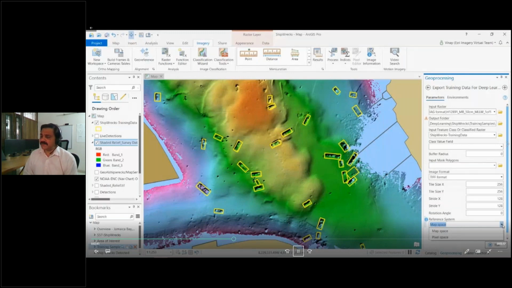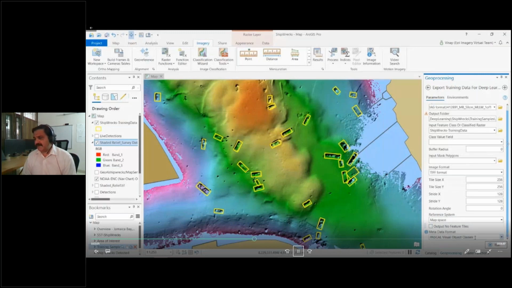We also allow you to train these models using both map space as well as pixel space or image space. Now, in the case of aerial imagery or satellite imagery, or in this case, bathymetric data, we would do it in map space. But if you've got oriented imagery or street view kind of imagery, you can apply the same using pixel space. And the tool gives you several different formats or metadata formats in which to export these